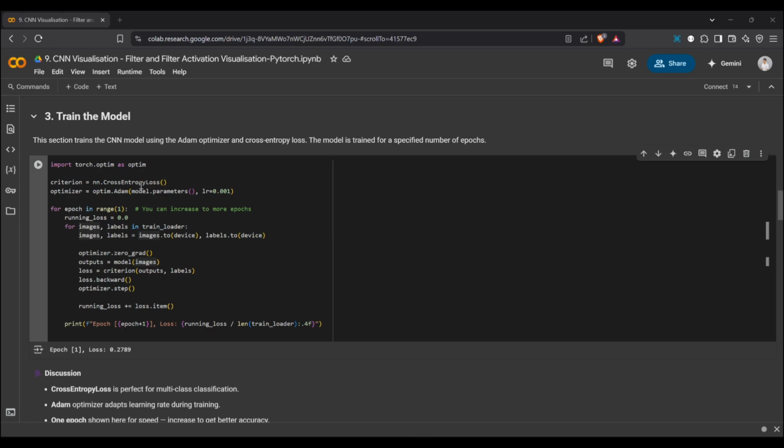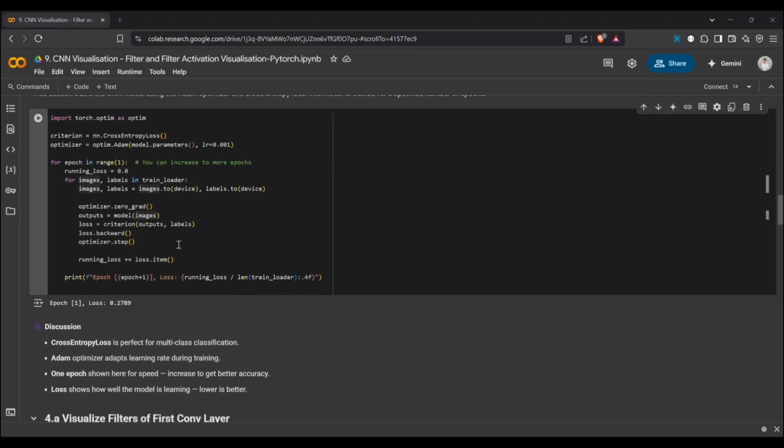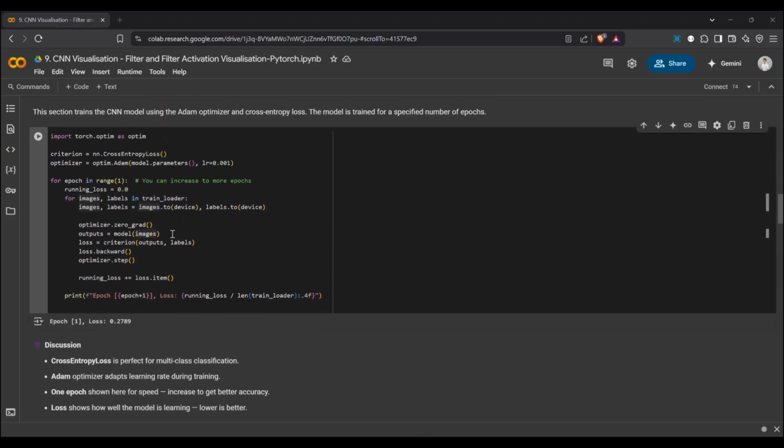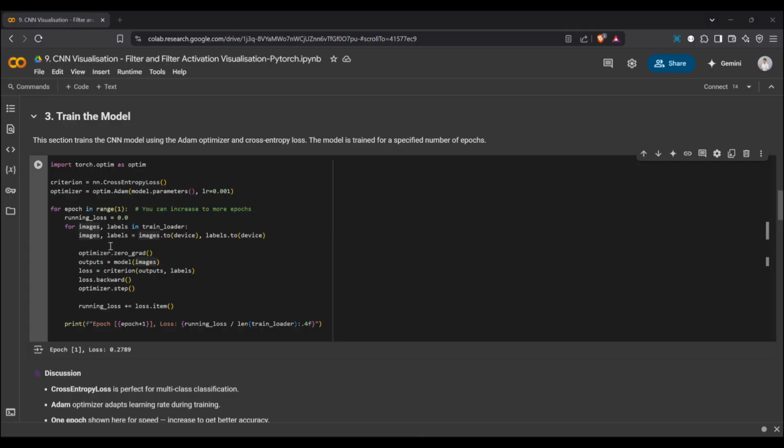So next here, the model is trained for a few epochs only, updating the weights based on how well it performs on each batch of data. Let's check each line here. You already know what an epoch is, right?